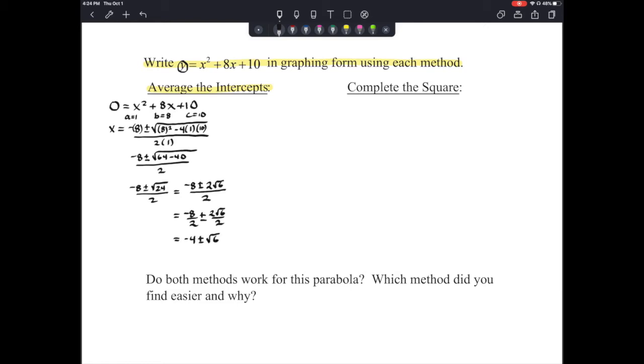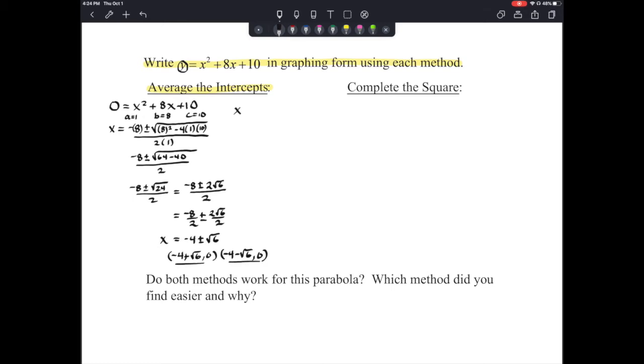Okay, so you've been doing the quadratic formula since Algebra 1. We've already reviewed it, so you should be able to get to this point. Remember, this means that our x-intercepts are at the points (-4 plus radical 6, 0) and (-4 minus radical 6, 0). If we're looking for the vertex, we need to average these two like we did in